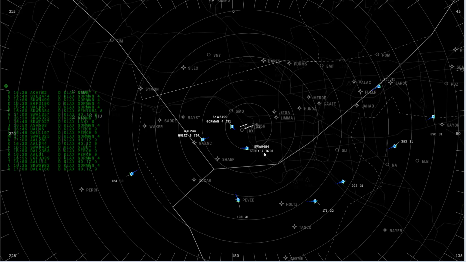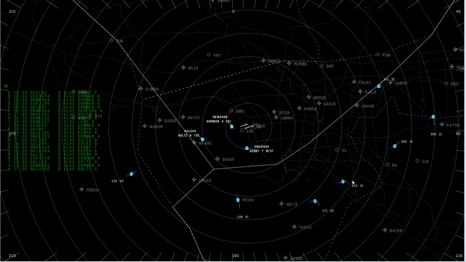Then let them fly the departure as depicted, unless it's appropriate and useful to give them a shortcut. There are no shortcuts for northbound traffic, but you can give shortcuts for the planes that are flying the Sebb 7. You can give them the U-turn as soon as they get outside about 5 DME, and they nicely come along here and go to Seal Beach VOR right north of the peninsula that we're avoiding. All the other traffic routes around this way down through Pevy, Holtz intersection, and then out here to the east,